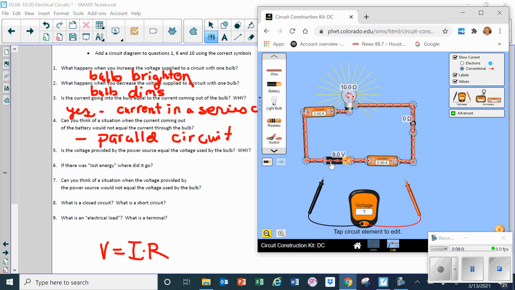So the voltage produced by the power source is 9 volts. So what I'm going to do is put this on one lead to the bulb, and I'm going to put the red one on the upstream end of the bulb. So notice the battery is 9 volts. Notice the voltage drop across the bulb is 9 volts. You notice that from the top to the bottom? It's 9 volts. So the answer to is the voltage provided by the power source equal to the voltage used by the bulb? The answer is yes,